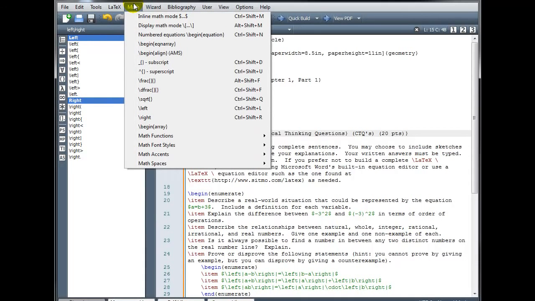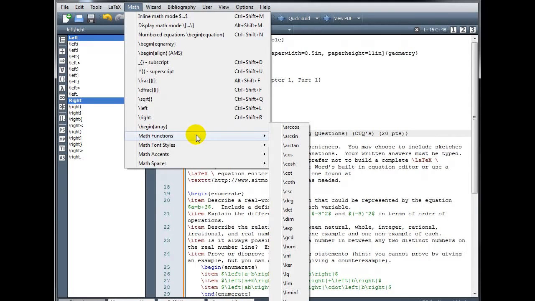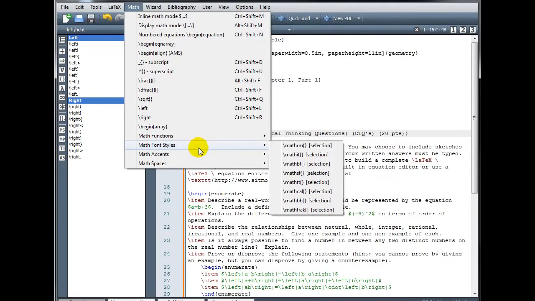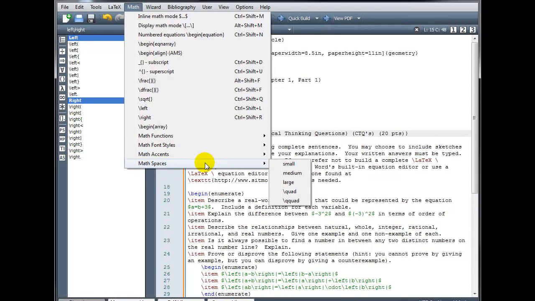We also have under the math menu here various things you can select: fractions, square roots. We've got under math functions a variety of commands, math font styles, math accents, math spaces,